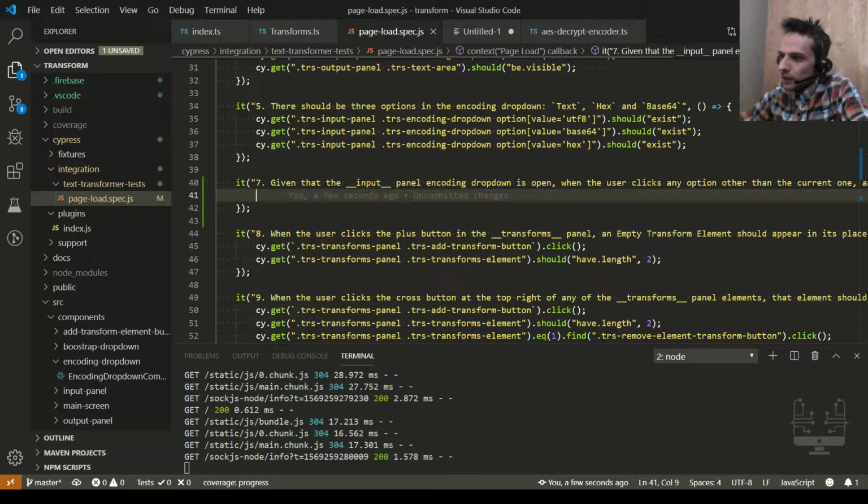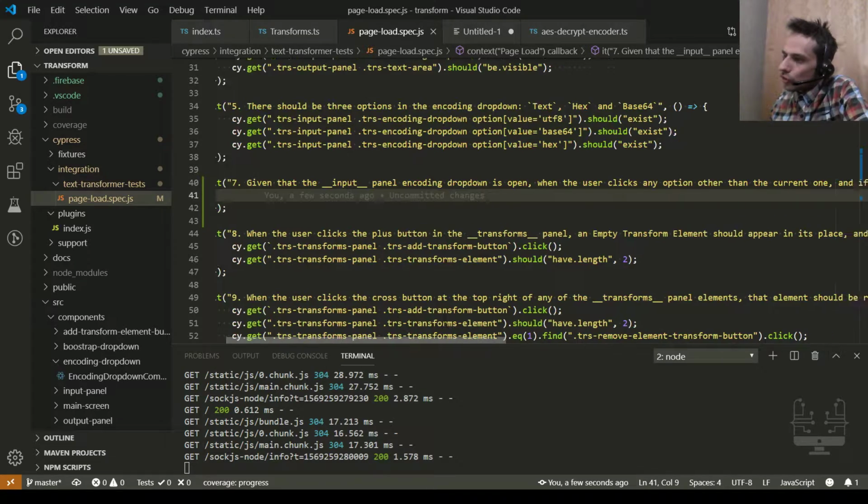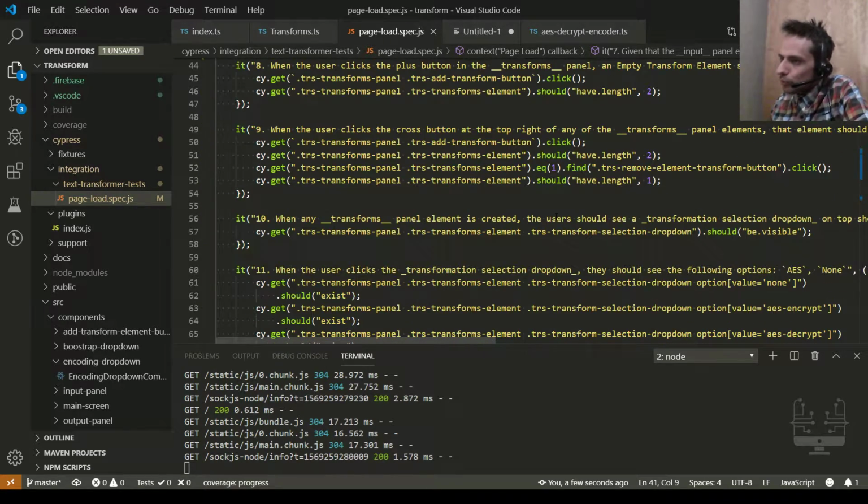Okay, number 7. Given that the input panel encoding dropdown is open, when the user clicks any option other than the current one. So first of all, we should set some transform.